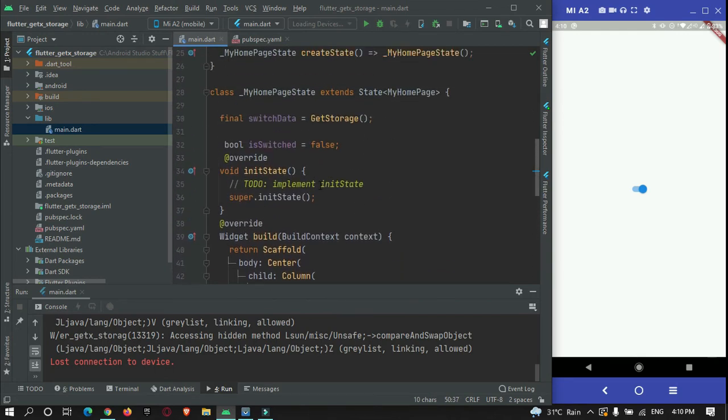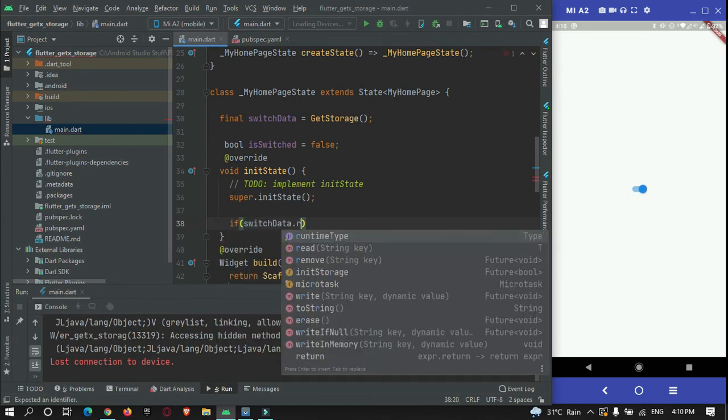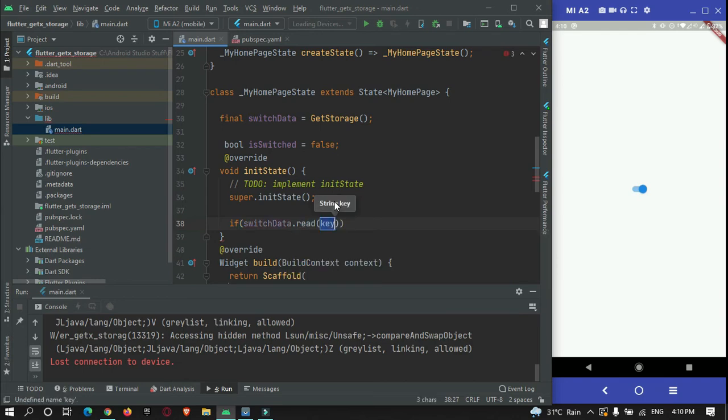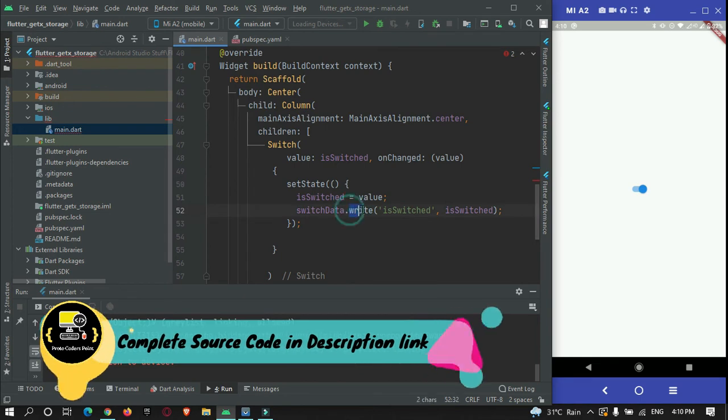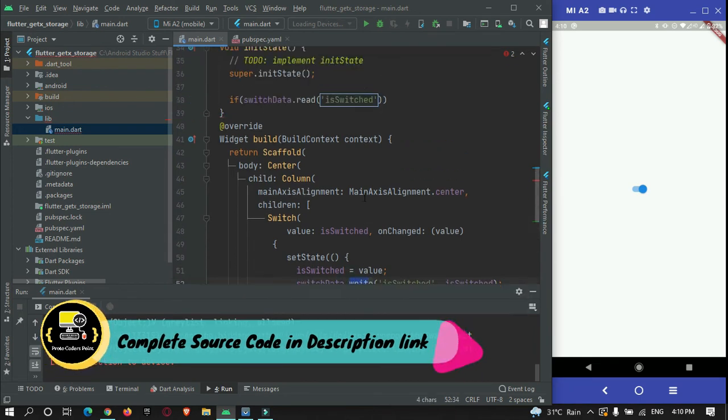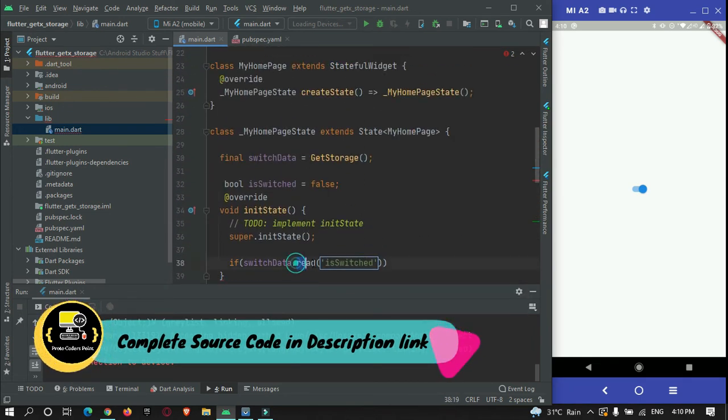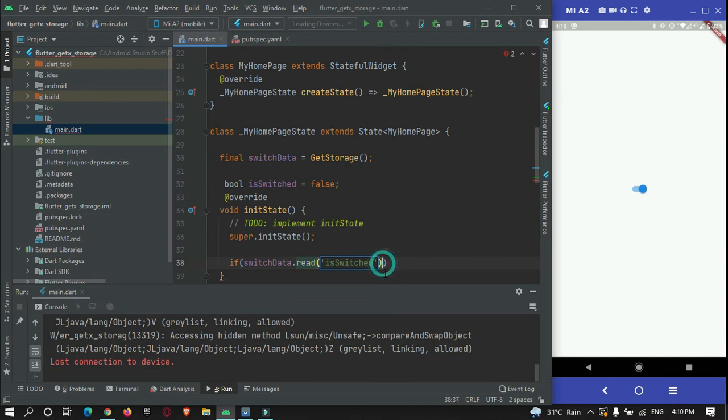Now in your init method you need to make use of an if statement. Over here you just read the key. Here we made use of write to write the data, and this time we are making use of read to read the data.